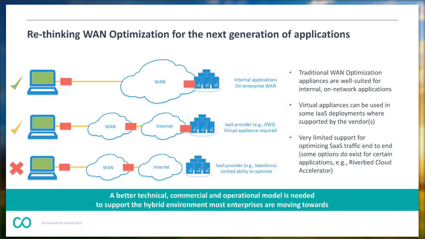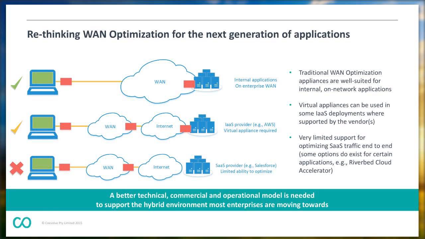So what does that mean for WAN optimization? Well, if you've got the traditional legacy model where you've got applications sitting in-house, users sitting on that wide area network, and you've got the budget to do it, you can put appliances at each end, and as I said earlier, it's a tried and tested method. You will get a big increase in performance across that type of environment.